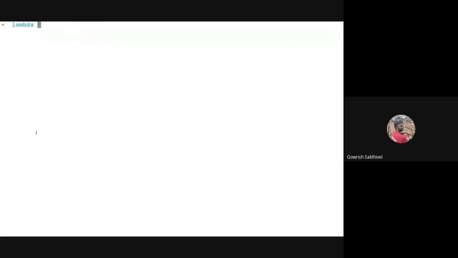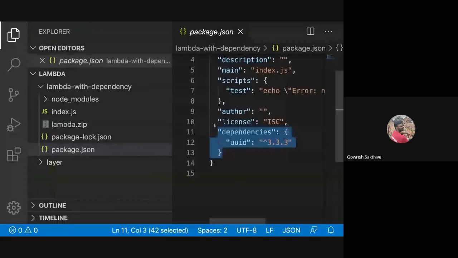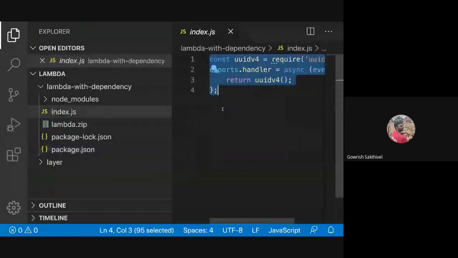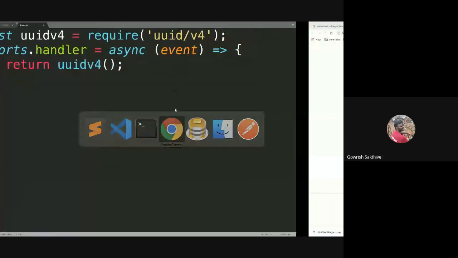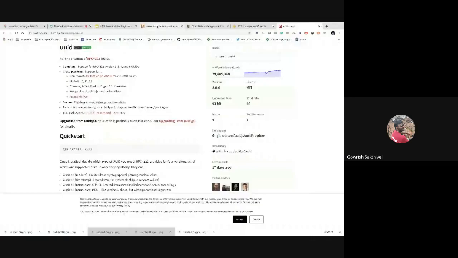So let me create an index.js, which would be the input to our code. I just quickly copy this code. Okay, so this is my Lambda code. What it does is it uses this library. Consider this as an import statement. It imports this library and uses this method to return a unique number. So now if you want to create this as a Lambda, let's go ahead and create a Lambda,